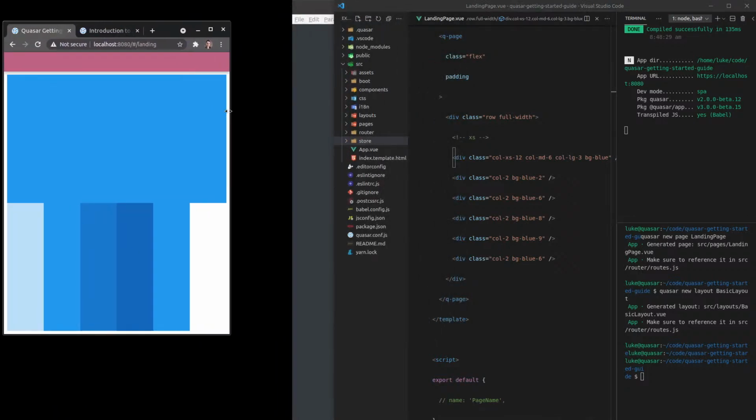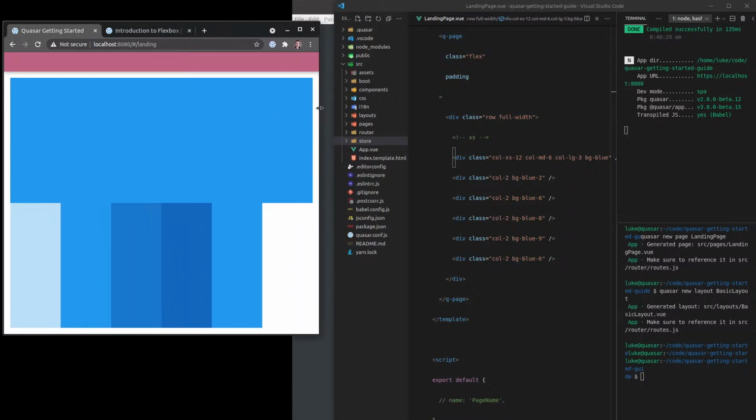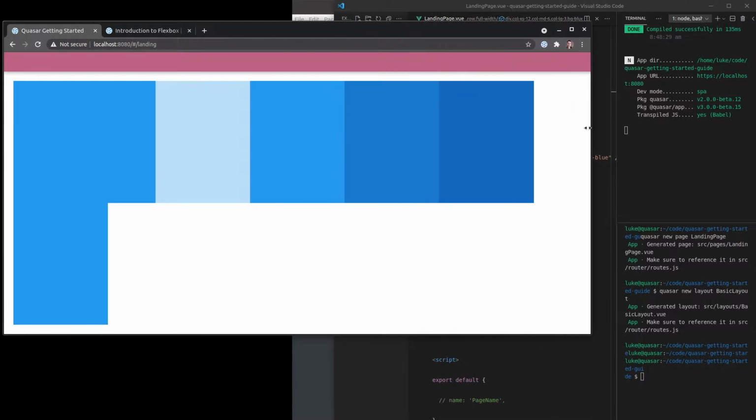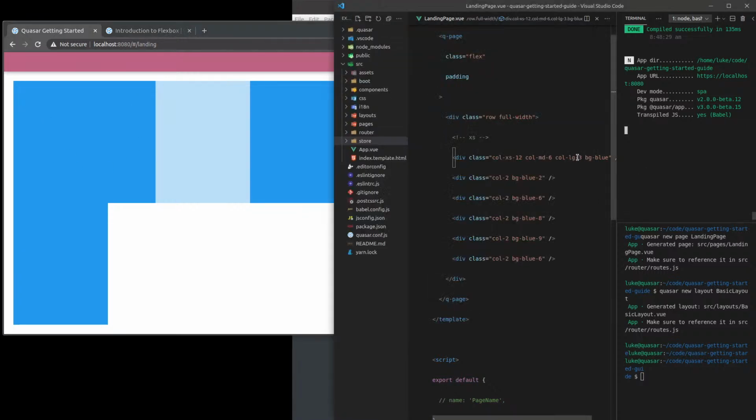Now we're in extra small. And now when we go to medium, okay, so now that's a medium size. It gets a little bit smaller. So since it's wider, we can fit more on the screen. And now once we get to a large size, what should change again? And there we go. That's a large size, which is why it's now changed to taking up 3 units of